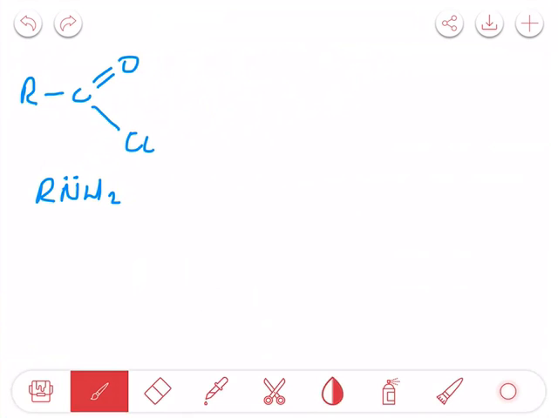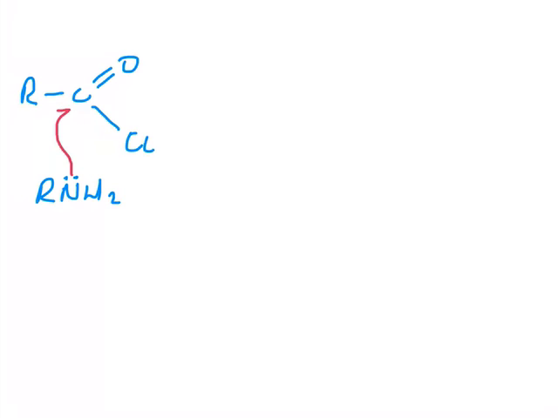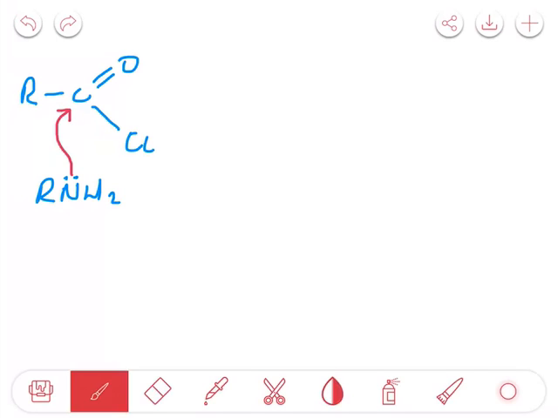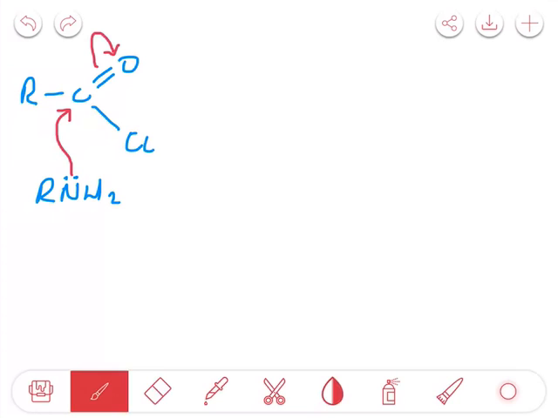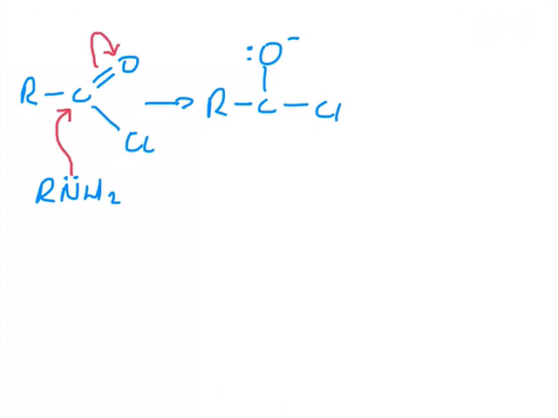So here's my acid chloride, acyl chloride, and I have the lone pair of electrons form a dative covalent bond with the delta plus carbon. The carbon-oxygen pi bond breaks, that's the weakest, and because the oxygen is the most electronegative, the pair of electrons go to that oxygen there. Now that gives me an intermediate, so R, C, Cl, O minus, with the lone pair on there,